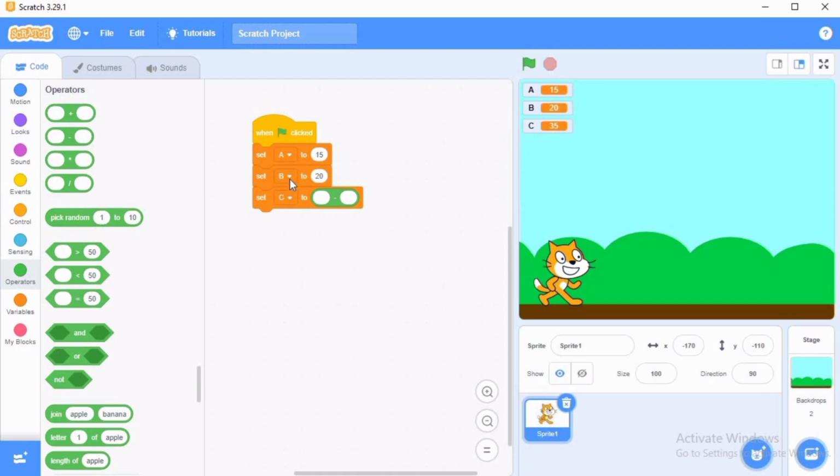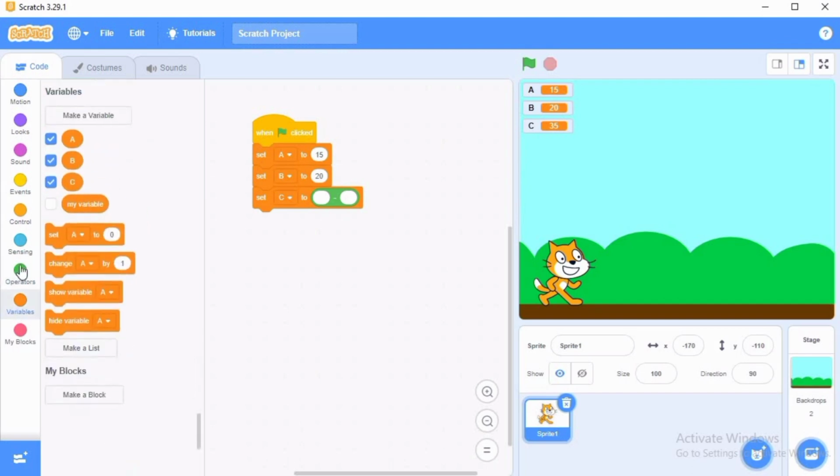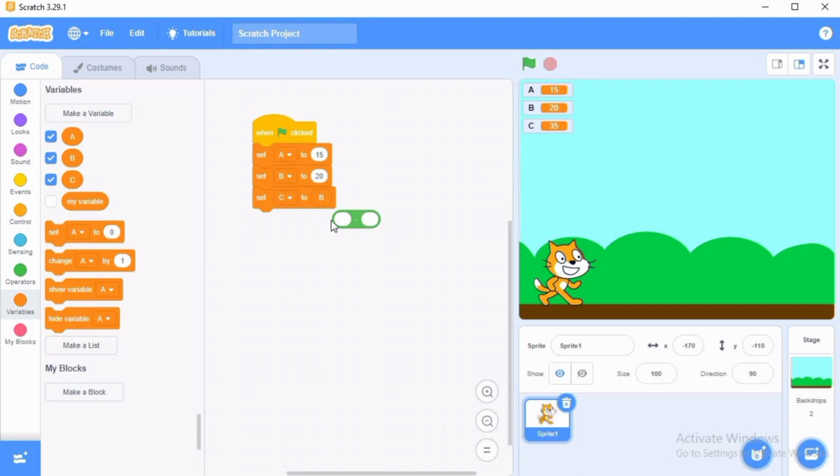Then since my B is greater than A, I have to place B before A, right? So I'll be keeping B here and then I'll be keeping A like this, and when I run this program, I will get the difference of B and A. Okay, the next